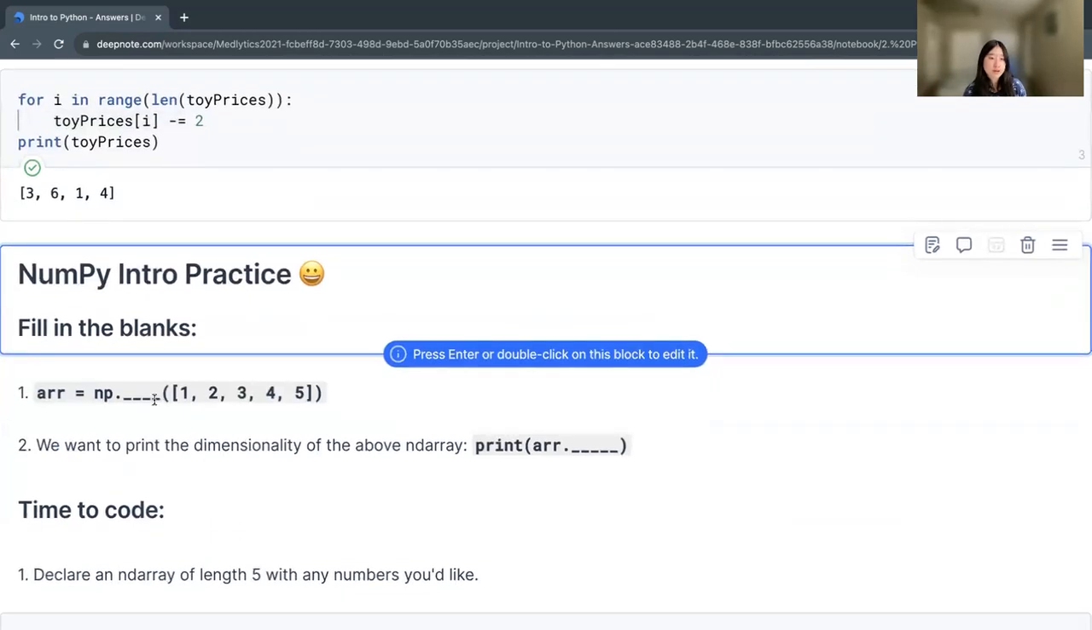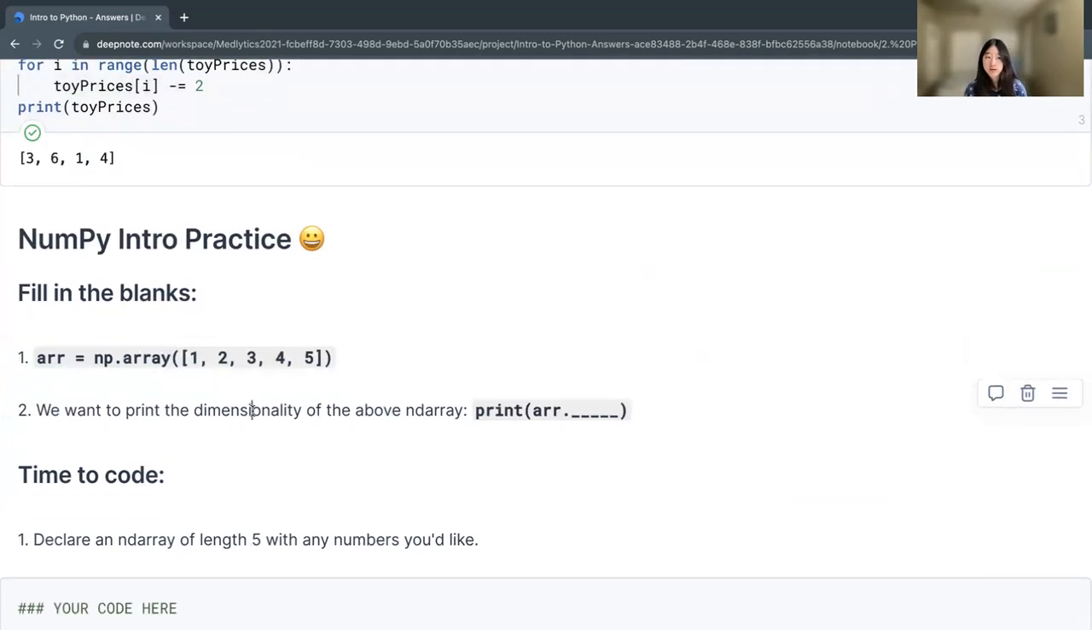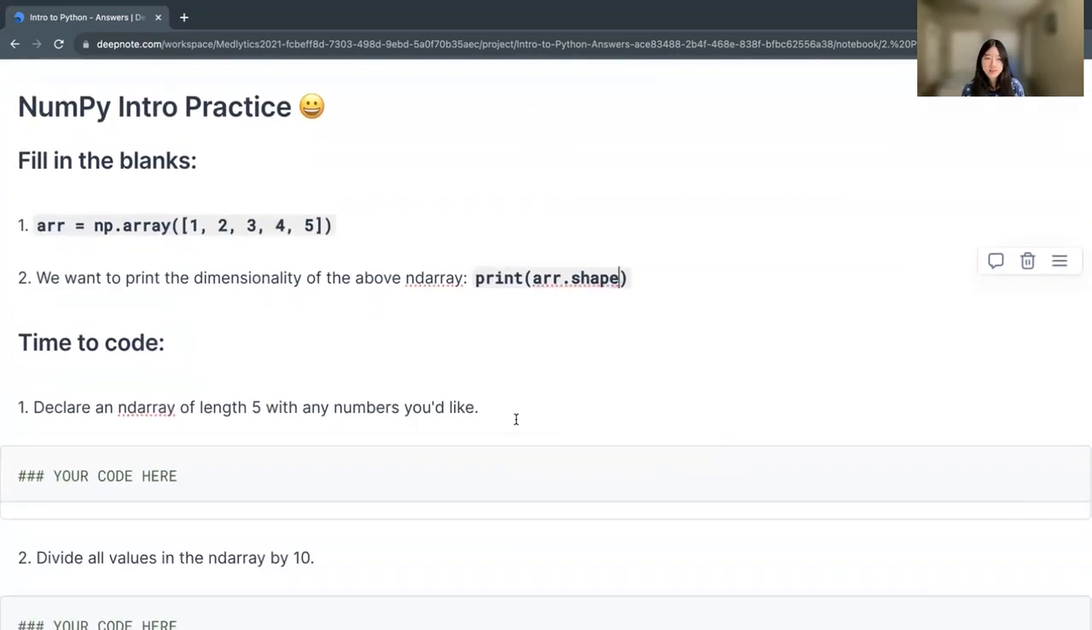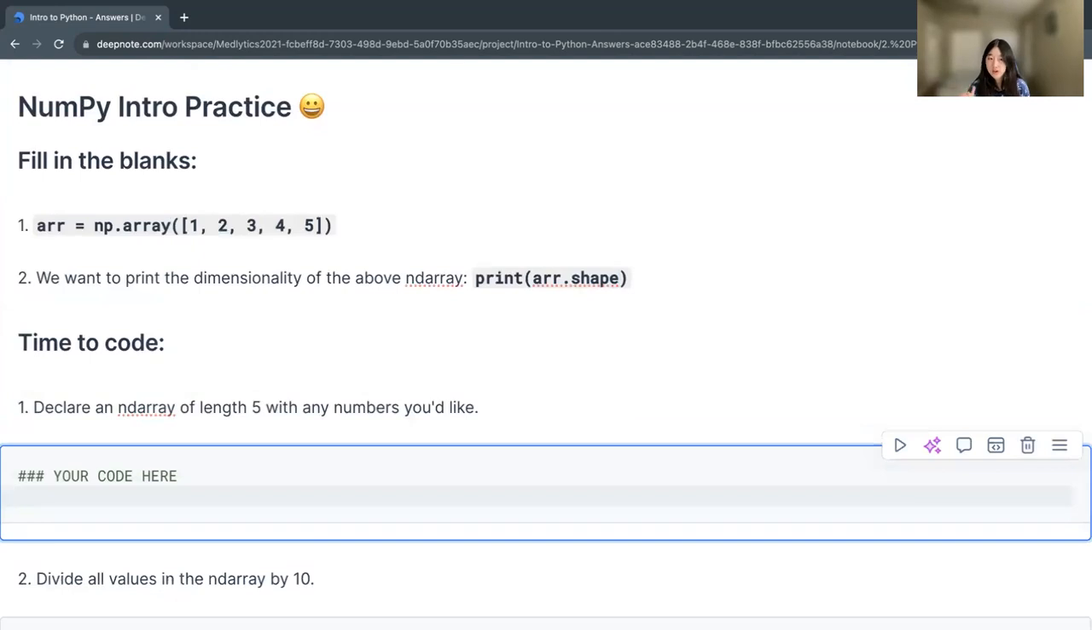Okay, NumPy intro practice. To declare an array, we do np.array. And to print the dimensionality of the array, we do r.shape. Okay, and time to code. Declare an ND array, which is what we call a NumPy array. And we're going to declare one of length 5. So let's do our